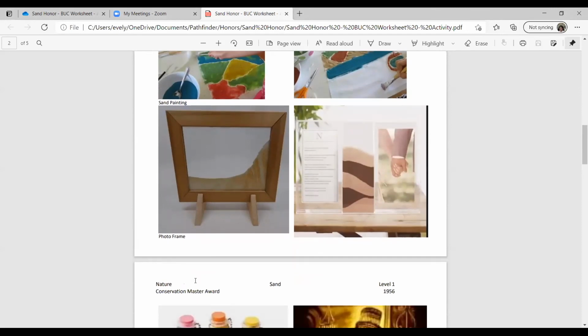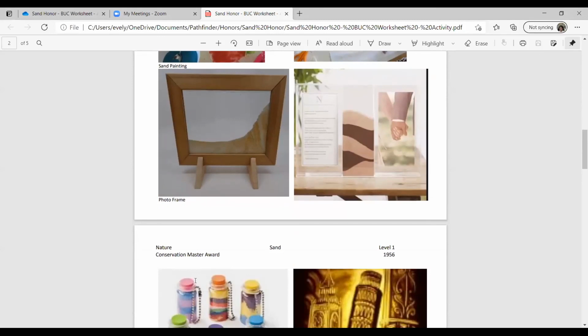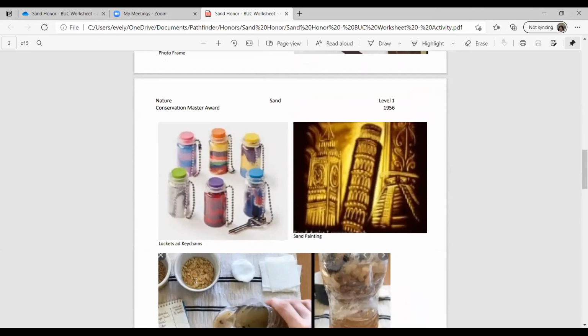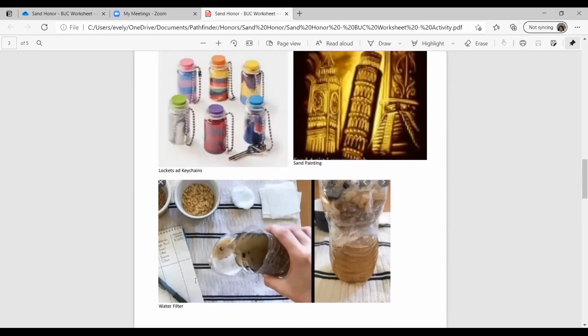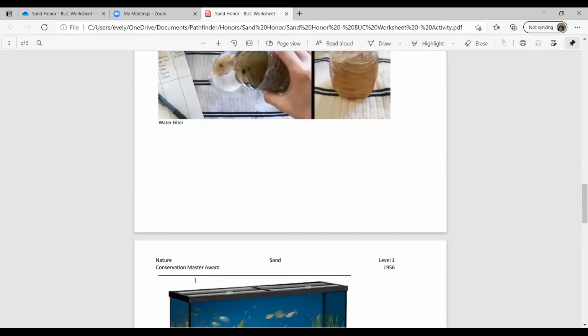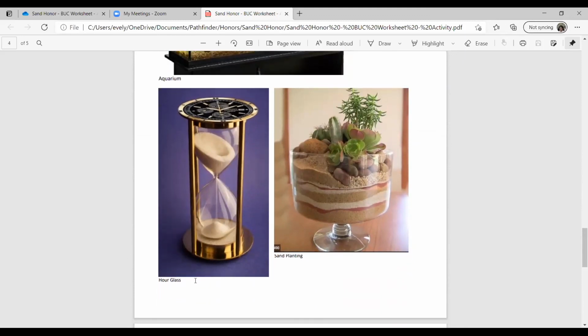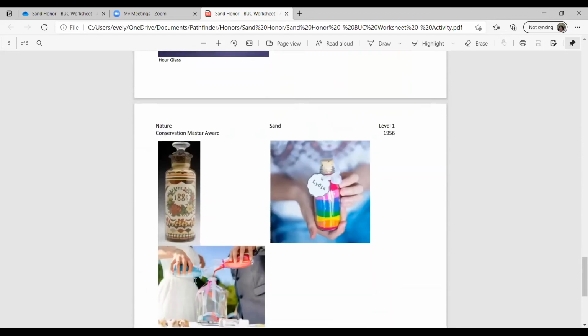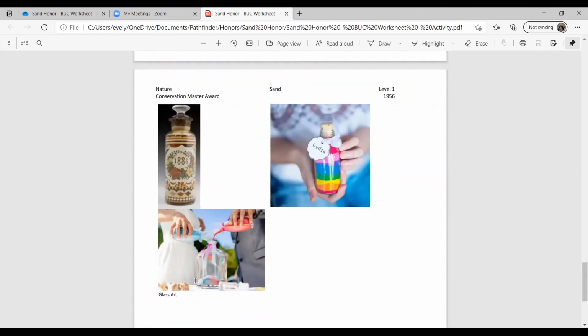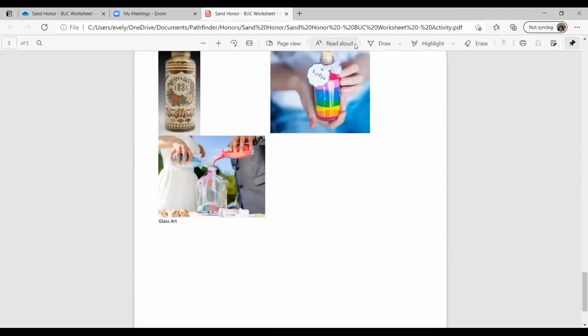See, you can do all that with your colored sands, or you can put it in a bottle or small vials, and then you can put a Bible verse there, and give it to somebody else or to your friends. And this is the water filtration, and that's the aquarium. You can also do the hourglass if your salt is so fine. See here, and then we put on the succulent plant. These are the bottles. So, that's about it. Make sure that